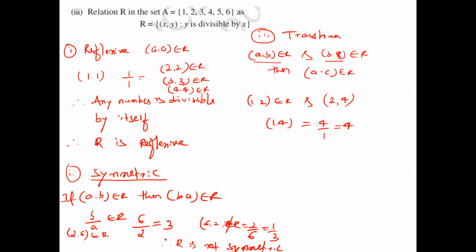Sir, (1, 3) and (3, 6) you can take. Yes, (3, 6), that is also okay. I agree. Again, it will be satisfying. Is it possible to not satisfy any condition? Again, it will be satisfied. Okay, I agree. So the final conclusion is very clear. It is transitive. Is it right? Okay. So you can't take any other possibilities. You can take only these two possibilities. So you can write: therefore R is transitive.